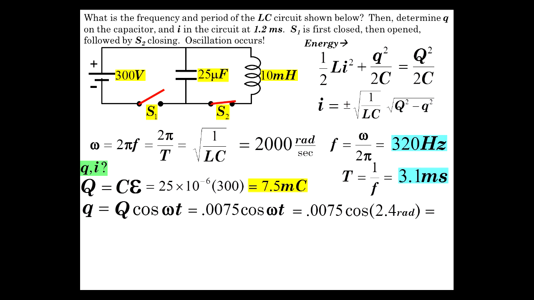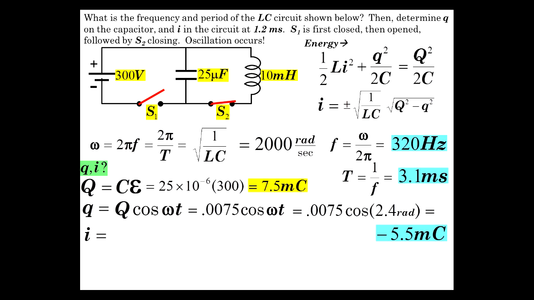Omega is 2,000 radians per second, t is 1.2 milliseconds, 2.4 radians. That gives minus 5.5 millicoulombs, which indicates that it's charging the other way